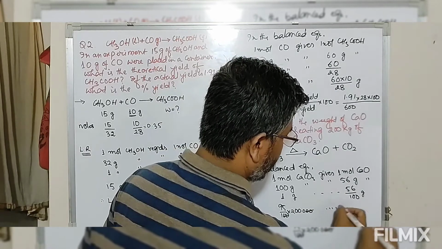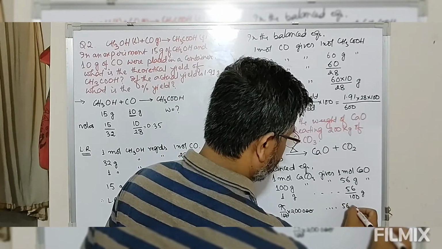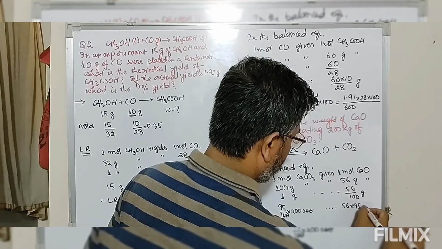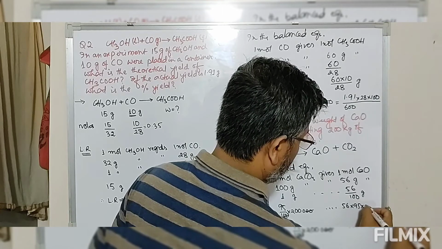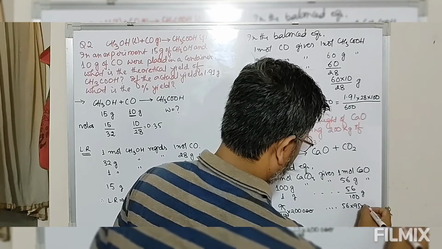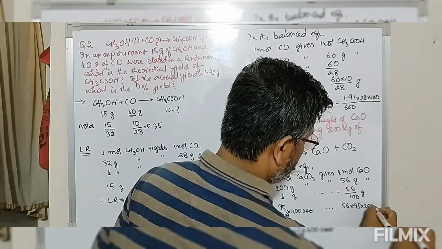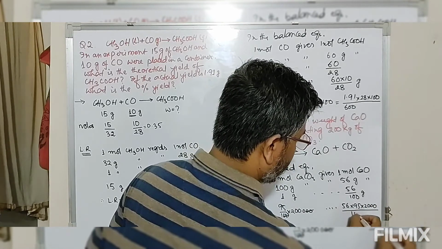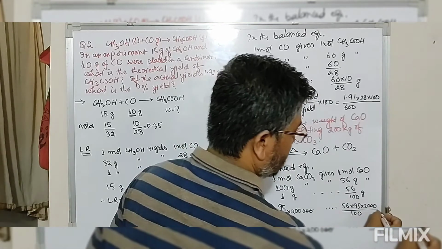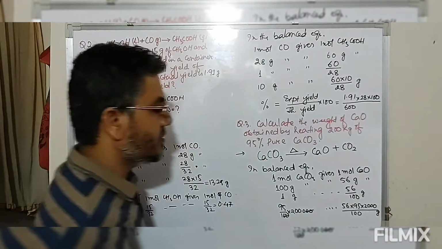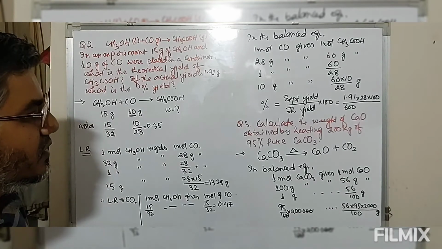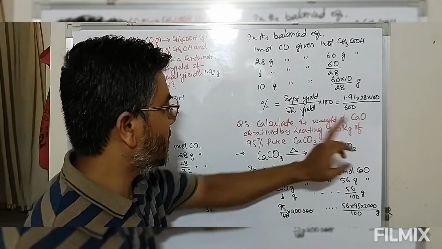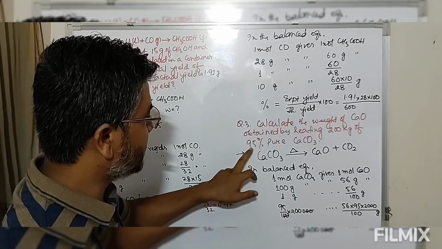This will give you 56 into 95 into 2000 divided by 100. So this is the mass of calcium oxide that could be obtained from 200 kilogram whose percentage purity is